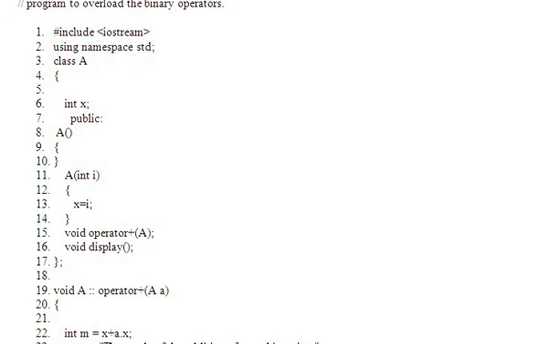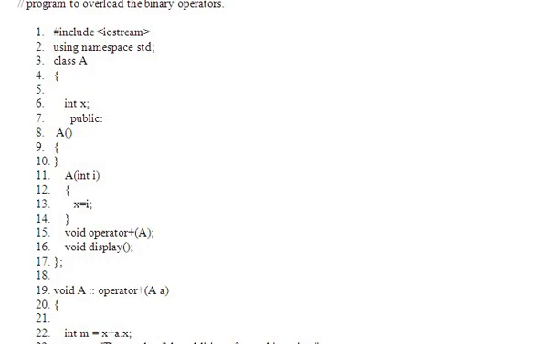Overloading a binary operator. What is the class name? A. Look at line number 8, a constructor, and line number 11, we have another constructor with one argument. And look at line number 15 and 16. No confusion guys, these two are declarations. Void operator plus within brackets capital A, that is your class name, means it is taking one object as an argument.